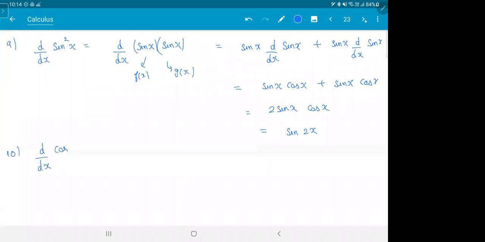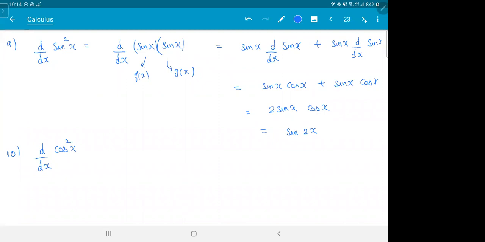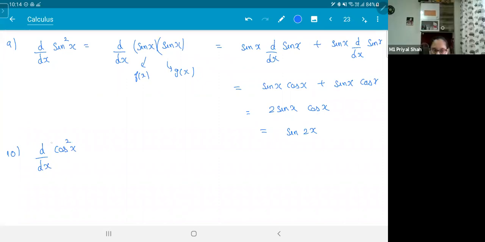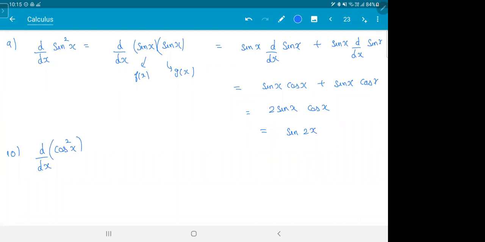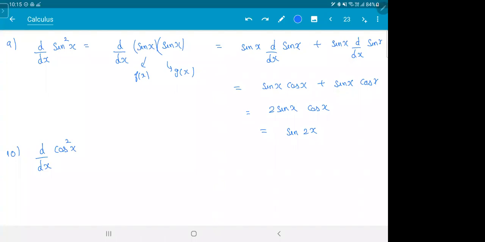What is cos square x? 2 cos square a minus 1 upon cos x. नहीं, that is you're expanding cos square x में इसका differentiation ना. What is cos square x का differential? Cos 2x. Check. How will you do? Same thing ना, cos x into cos x. Just like sin square x, you have to do cos x into cos x. Give it a try. I'll give you a minute.